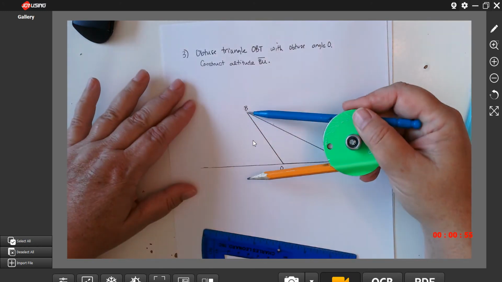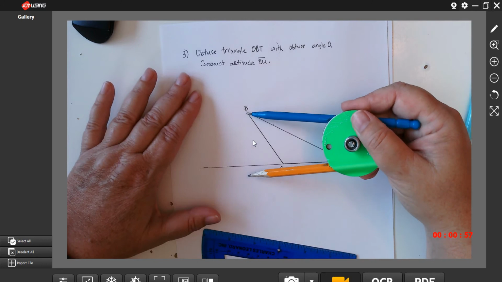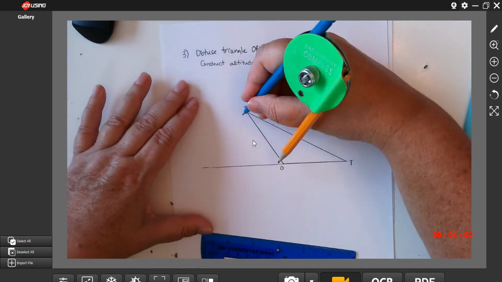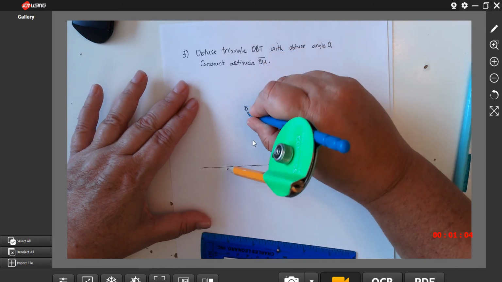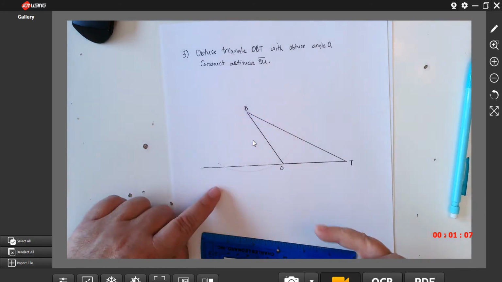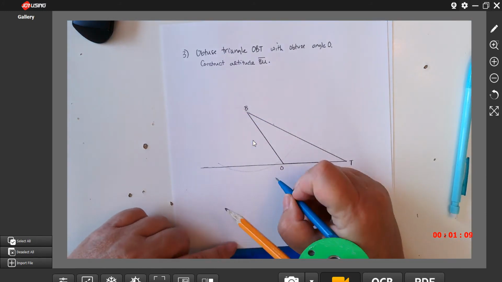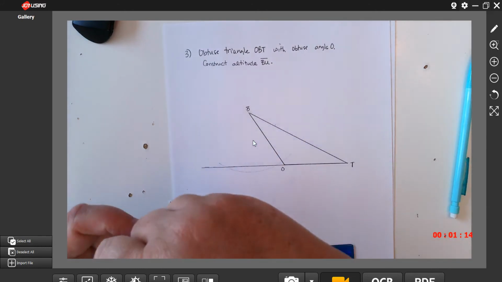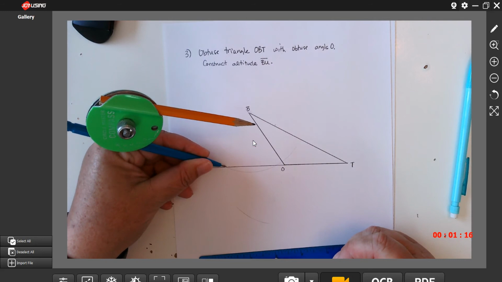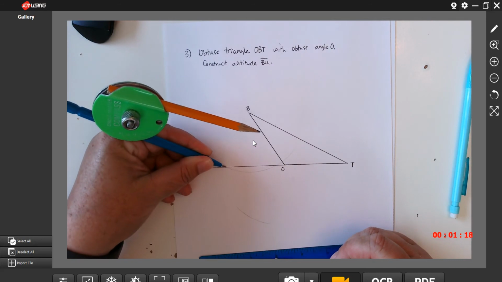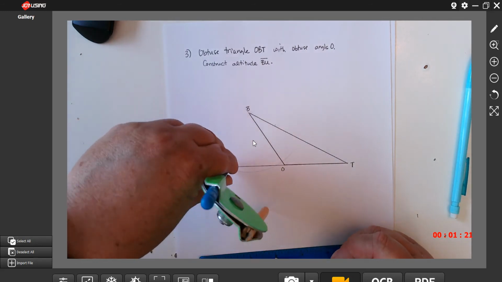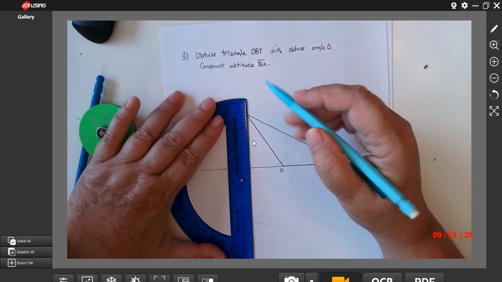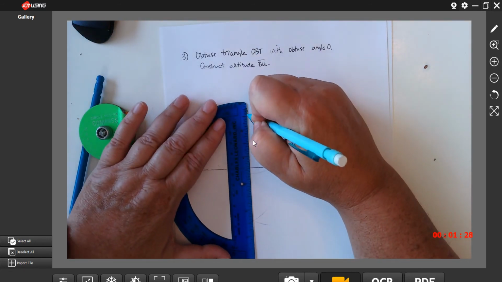So I'm going to take my compass, open it to be further than the length from the point to my line. Okay, and then I'm going to go ahead and draw an arc. Okay, so that I create 2 points of intersection. I'm going to put my point on my point of intersection, swing an arc, put my point on my point of intersection. Oops, that's off a little bit there. And swing an arc. Okay, now X marks the spot, so I need to line up B with where my arcs intersected,